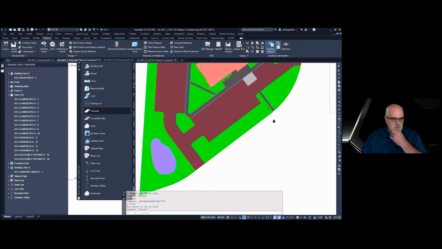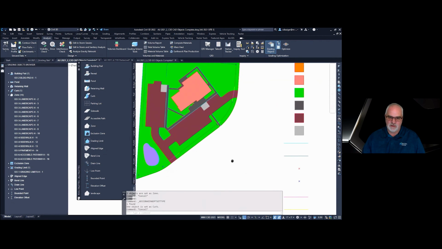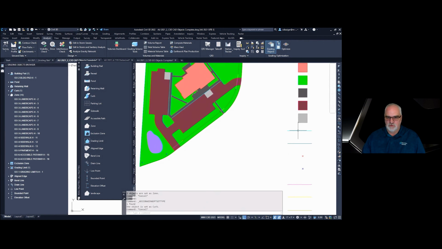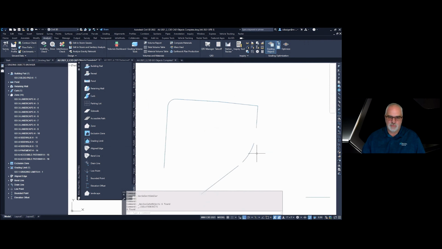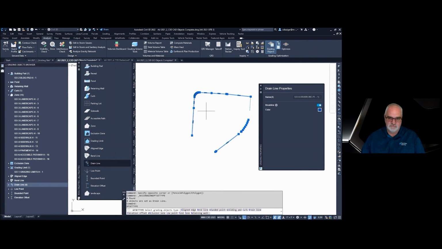The next object that we want to work with is what's called a drain line. So a drain line, think of that as your toe of slopes, so the low break lines, the valley break lines. So I'm going to isolate them. I have all these, I'm going to just select them. Select a drain line. Notice there's really not much to do here other than say name and a break line and the color. But I've now told them that they're break or drain lines.